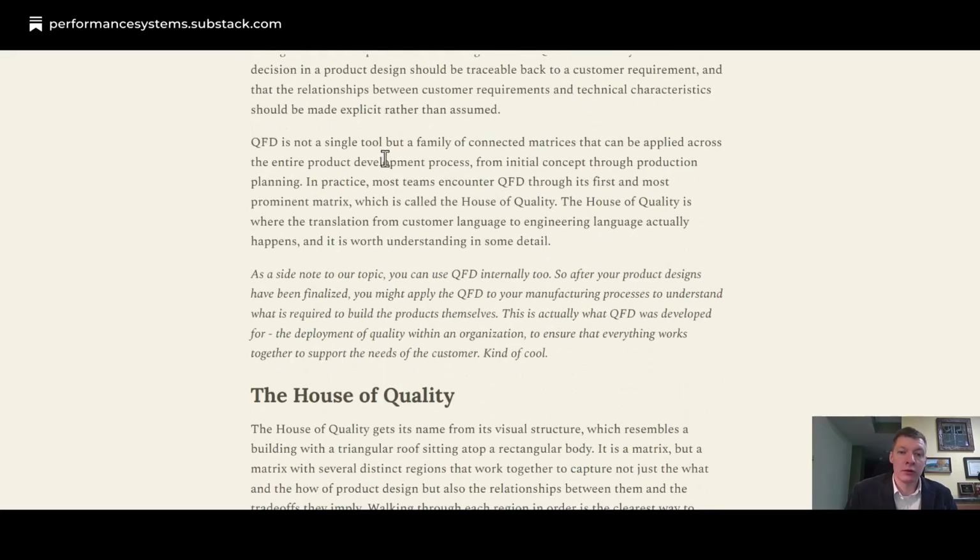QFD is not a single tool, but a family of connected matrices that can be applied across the entire product development process, from initial concept through production planning. In practice, most teams encounter QFD through its first and most prominent matrix, which is called the House of Quality. That's kind of what we're going to talk about. The House of Quality is where the translation from customer language to engineering language actually happens, and it is worth